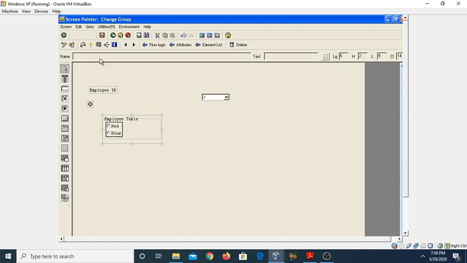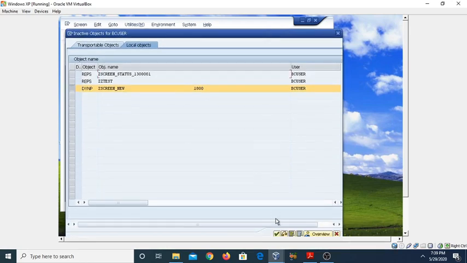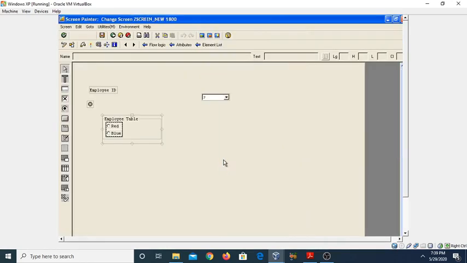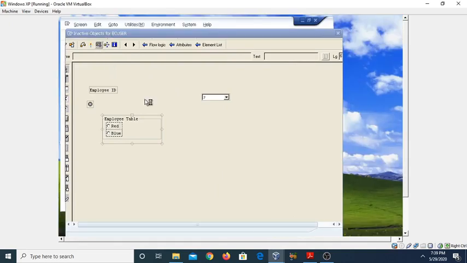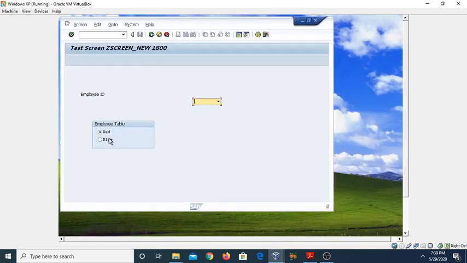So we can check it. Just click on the save button, compile it, and then activate, and then execute. Now you can see you can select either one of the fields.